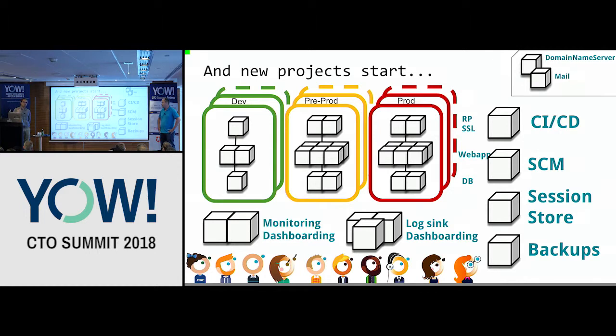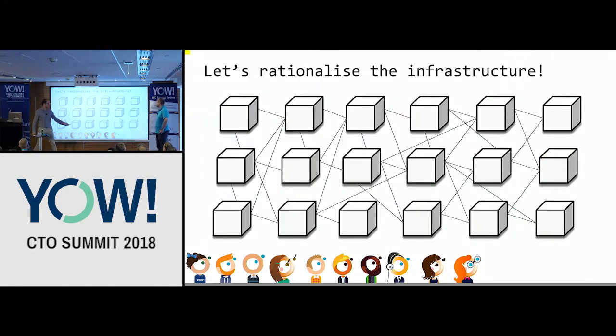She needs new underlying infrastructure, new servers. And for all of the servers, there's 3 environments: dev, pre-prod, prod. There might be UAT, staging, QA. Usually, there's no shortage of ideas for new environments. And in the end, it makes a lot of servers. So now she's got a lot of servers to manage.